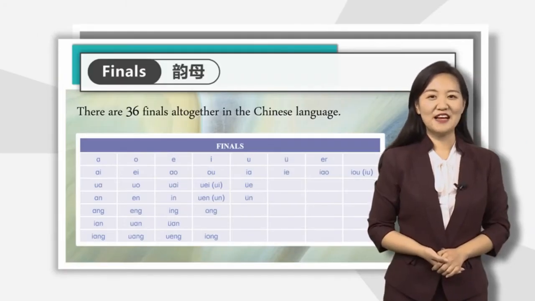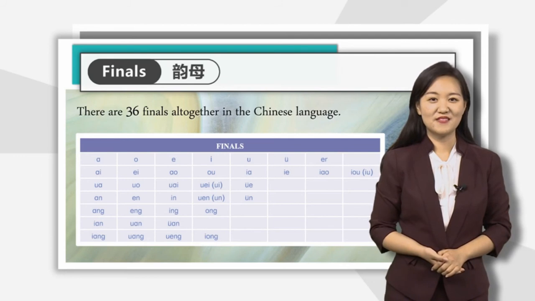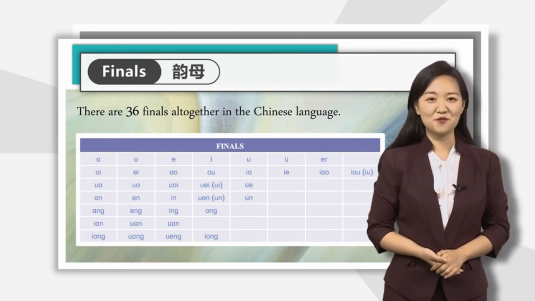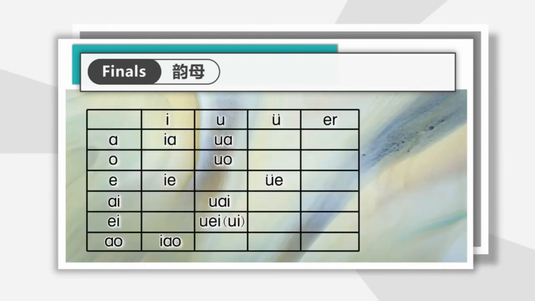Okay, let's learn some finals. There are 36 finals in total, and today we will learn 18 of them. Please listen and read after me. 跟我读。